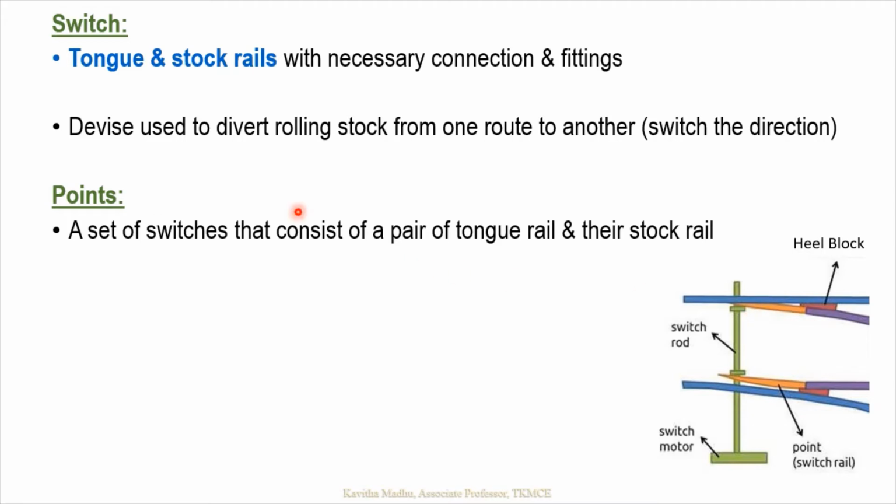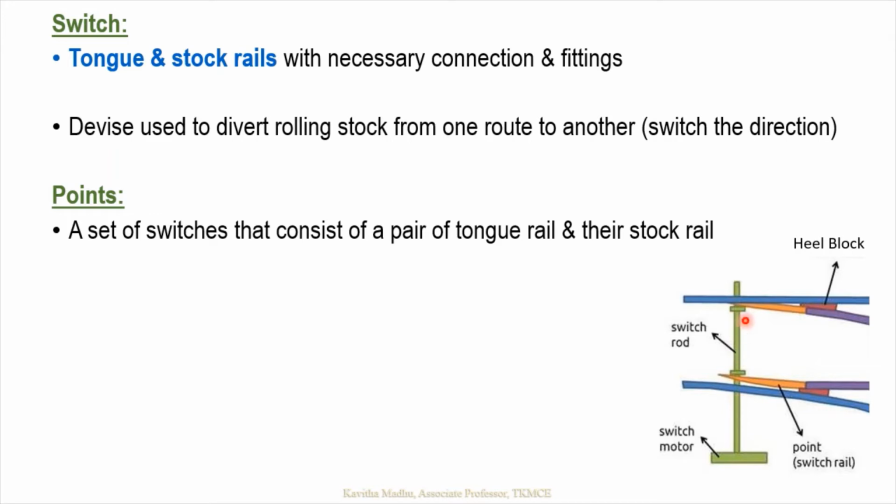Okay, and the points. In some textbooks you can see it like this: one side of this is known as one switch, and this will be the second switch, and these two switches together are known as points. Okay, and the two switches or the two trunk rails are fixed to a stretcher bar or a switch rod,